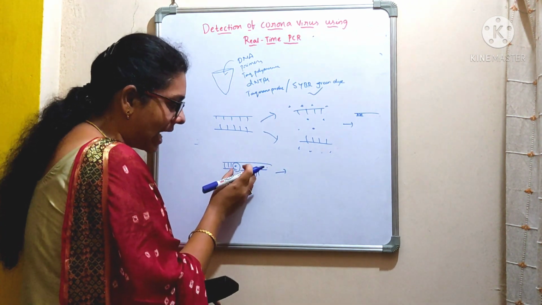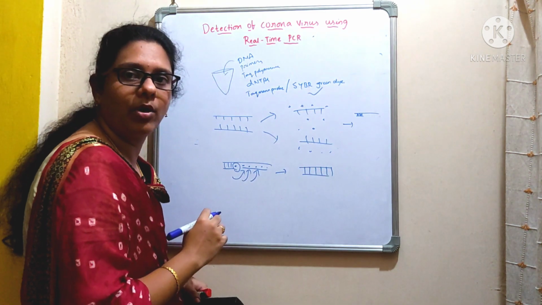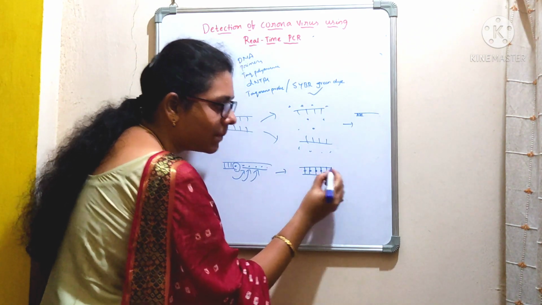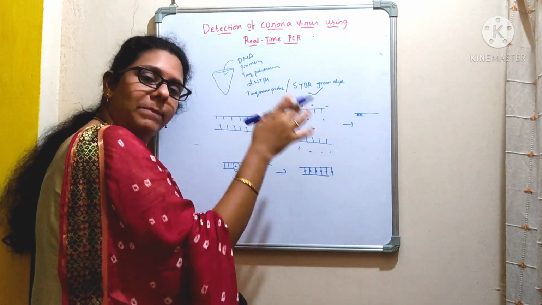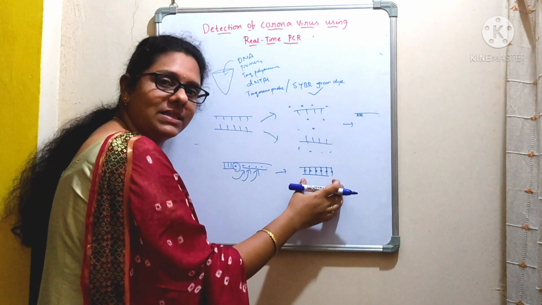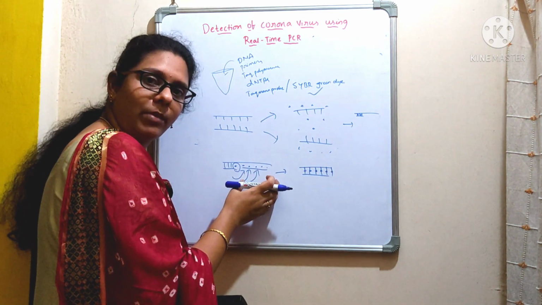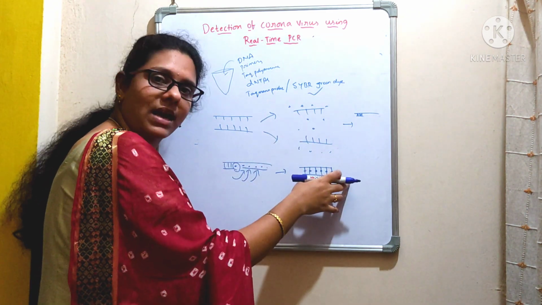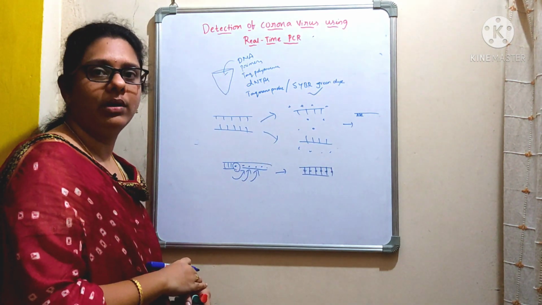See, after the action of DNA polymerase, at the end what are you going to get? You are going to get a double-stranded DNA molecule, right? So this fluorescent dye will go and intercalate within the DNA molecule. Initially it is also present in the reaction mixture, but it won't bind to the single-stranded DNA. It will only bind to the double-stranded DNA. Once the double-stranded DNA is formed with the help of DNA polymerase, which synthesizes the DNA using the other strand as a template, this dye will go and incorporate within the DNA molecule.